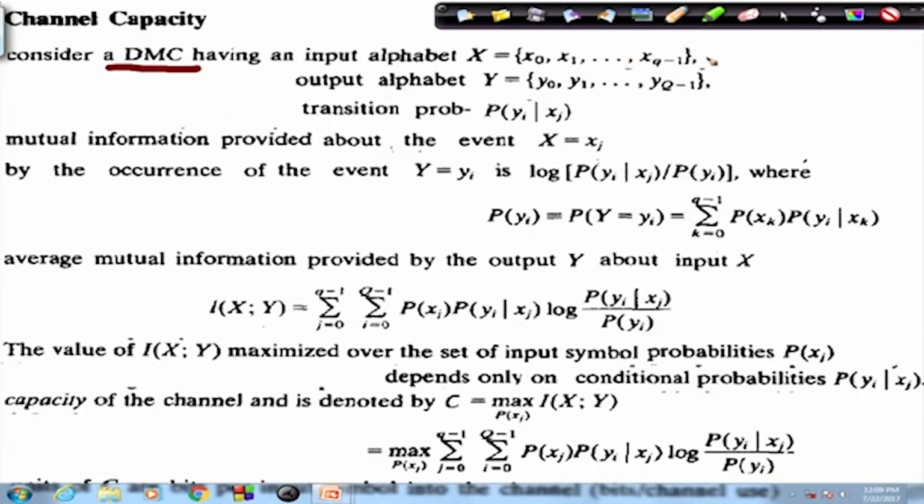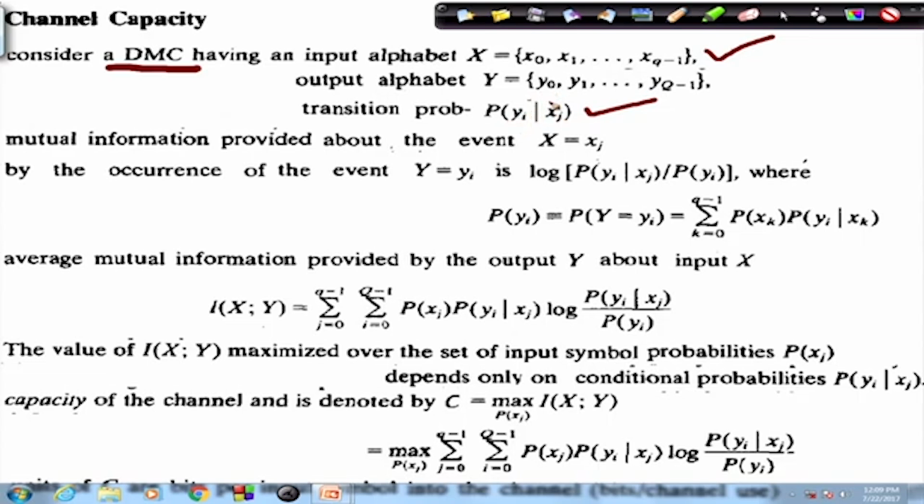Moving further, the input alphabet is given by this. Alphabet means these are the possible symbols, which you could mark as possible constellation points in PAM or QAM. In the case of PAM, this will be real; in the case of QAM, this will be complex. The output alphabet is again an alphabet. Although noise is getting added, we are still mapping the outputs to a particular constellation point, and the transition probabilities are given there. In this case it is the probability of one symbol becoming another.